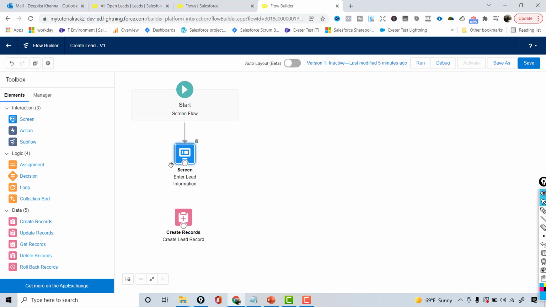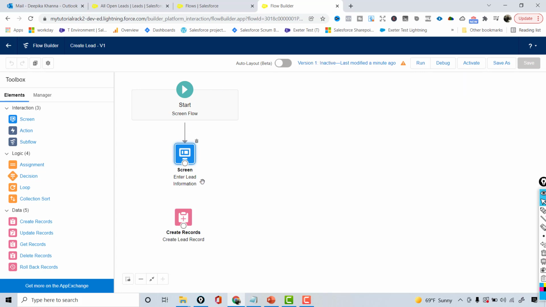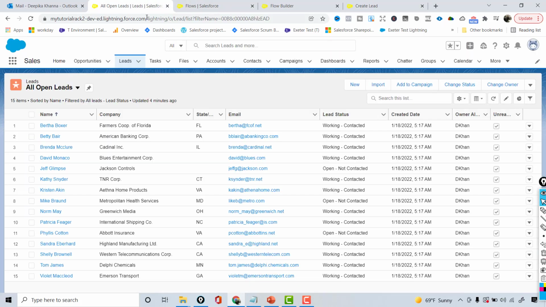So now these two need to be linked. Everything has to be linked together, because if I try to save this, it's going to give me a warning, and it is telling me that you can't run this flow because it is not connected to anything. So every element that you are dropping has to be connected. You can't have an element existing on its own. So now this is how I'm going to connect it. The first thing is when the flow starts, it'll give a user a screen, and then from there it is going to take that information that the user has entered and create a lead record. Now if I go ahead and hit run,